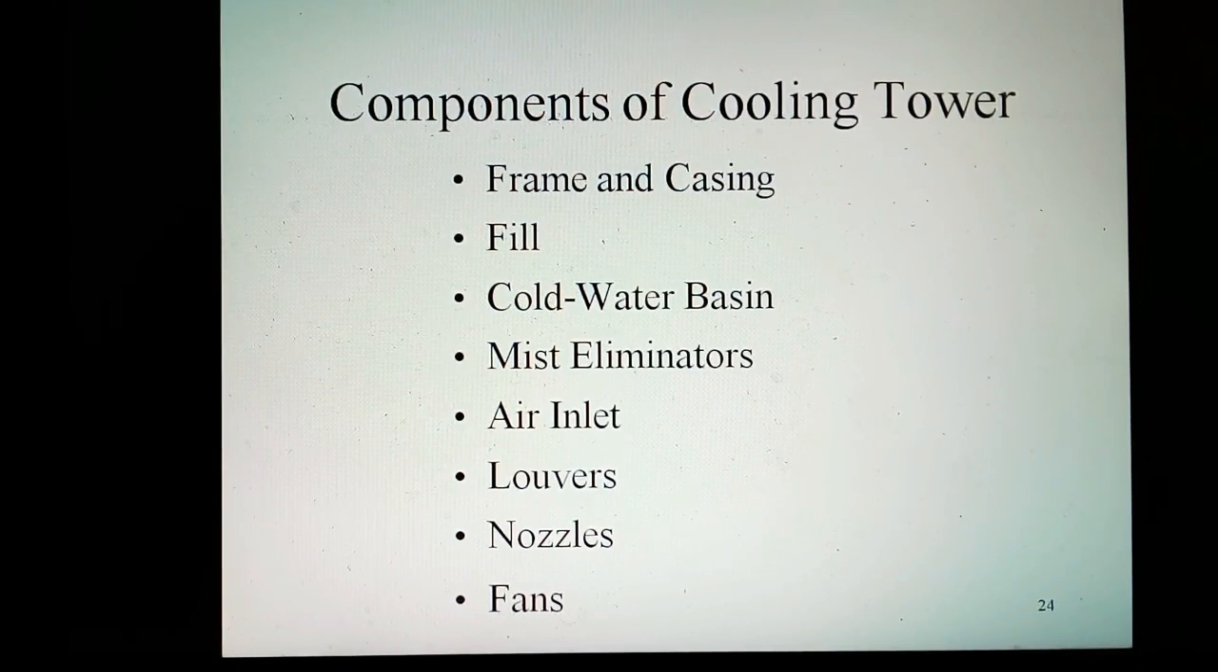Components of a cooling tower. The basic components of a cooling tower include the frame and casing, fill, cold water basin,